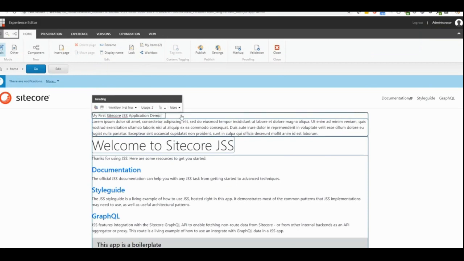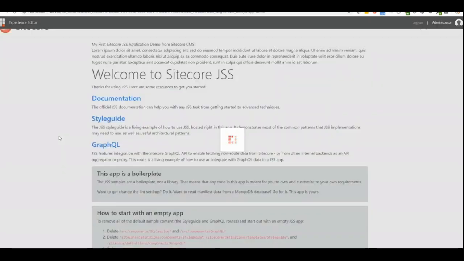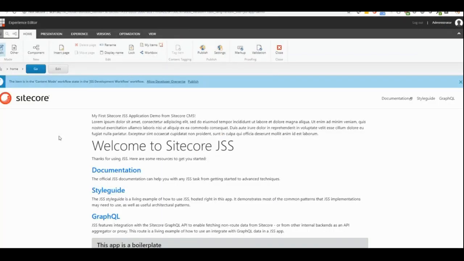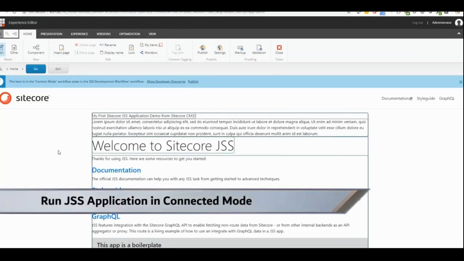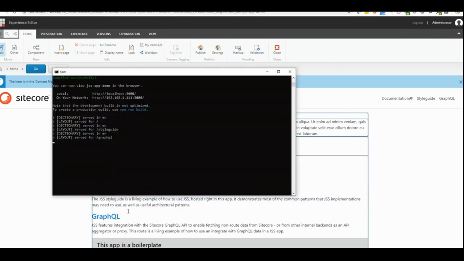If you want to amend anything here, I'm changing the title here. Same here. So now the JSS is not disconnected, it's connected. Now I have updated the heading field in that item. So I am running in a connected mode.